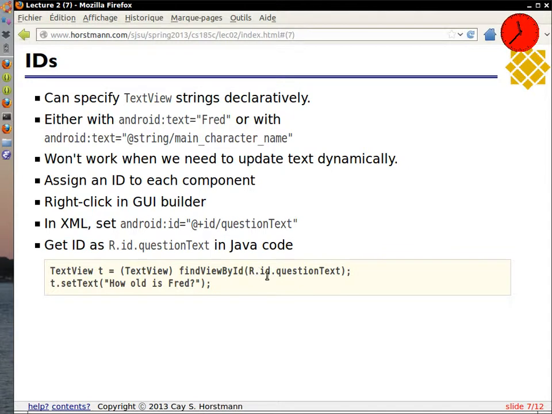They get put into this R class, and then you do R.id.questionText. The rationale for using the R class is that way you can use auto-completion in the IDE. That's the only reason that they put it in a class. So when you type R.id.q, then you hit Control-space, and it gets auto-completed, and that way you